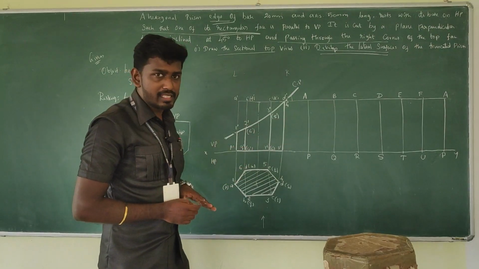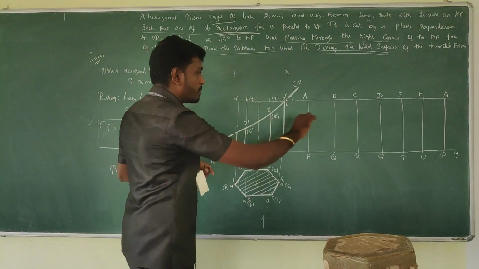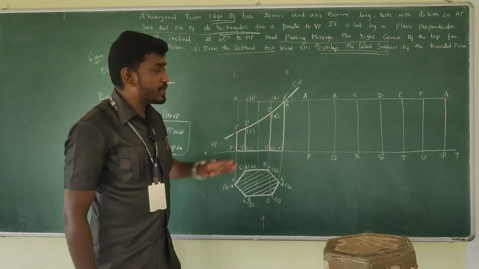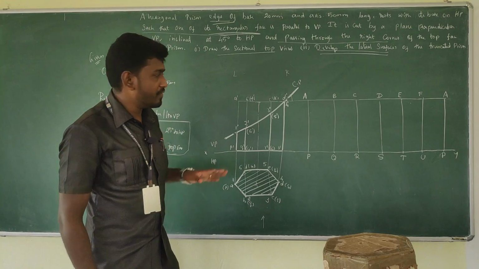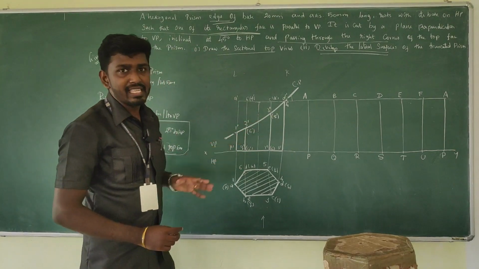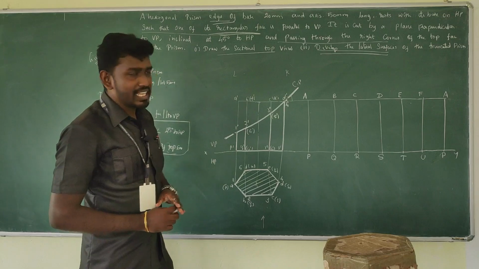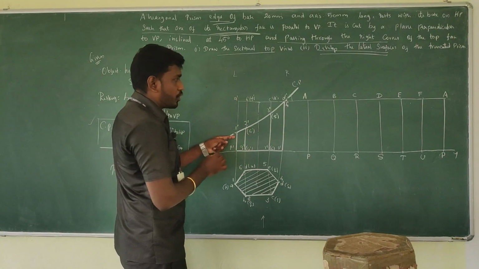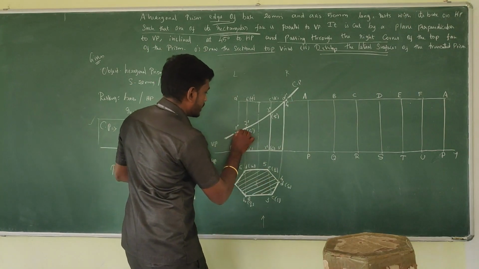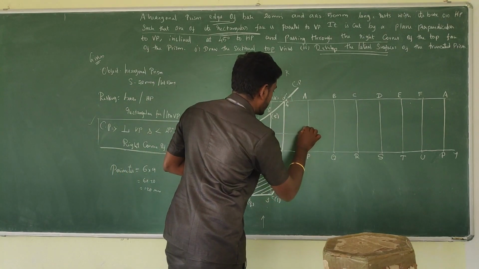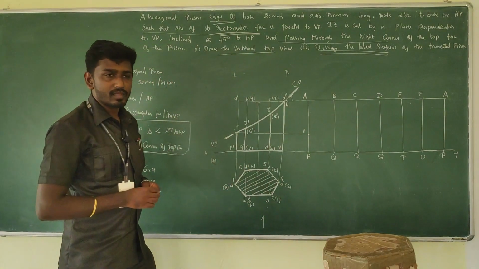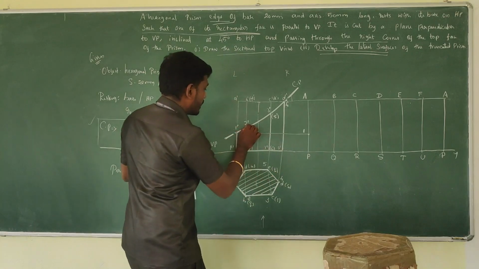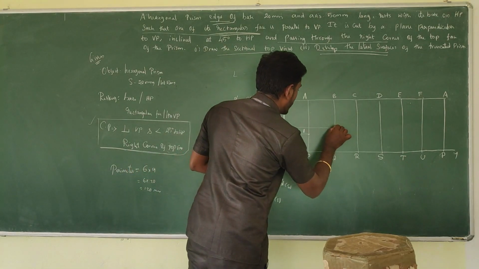Now what we have to do is, from the cutting point, we need to take the projector and intersect with the respective longer edges, so that we can identify the lateral surface for a truncated prism. Here is the one. It is between A to P. A to P is here. Take the projector. So here you will get 1. And next 2, where it is between B and Q. B and Q is here. Take the projector. Very good horizontal line.